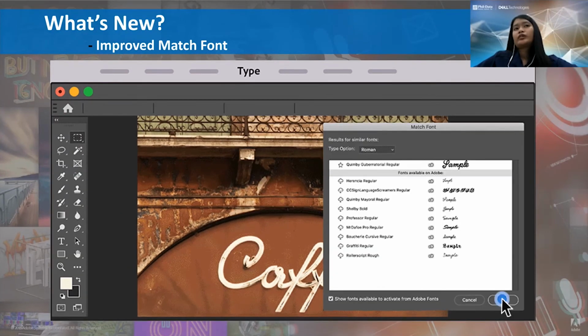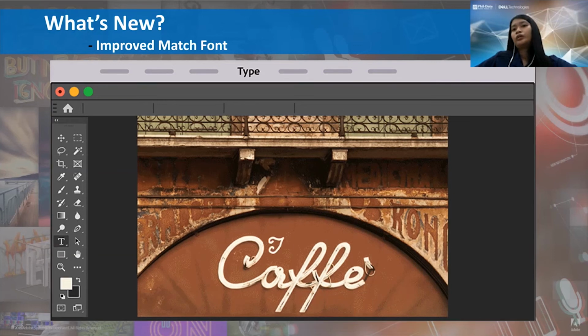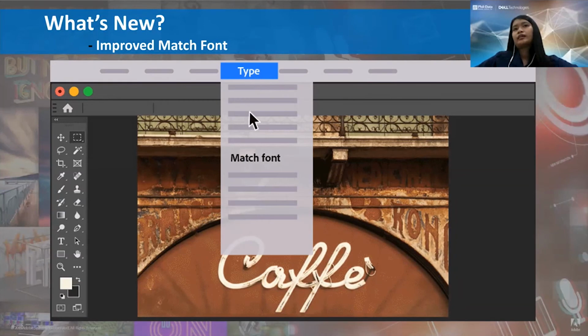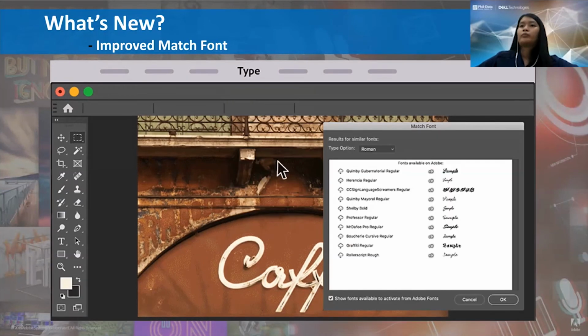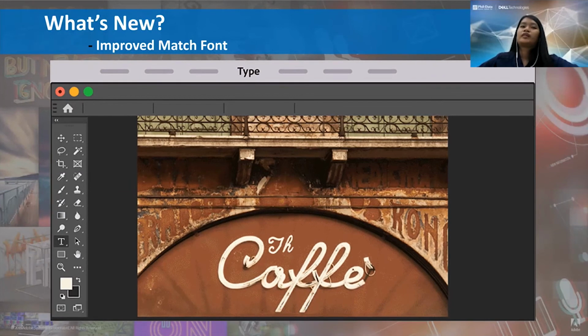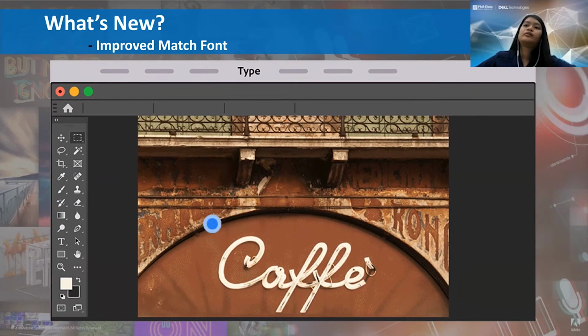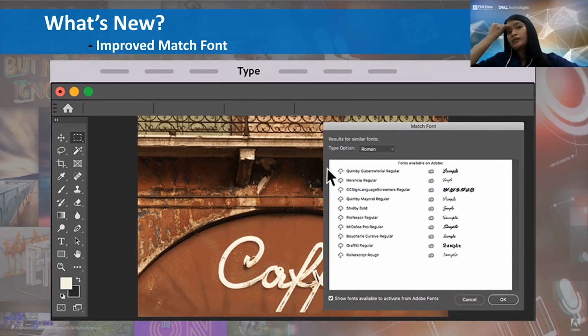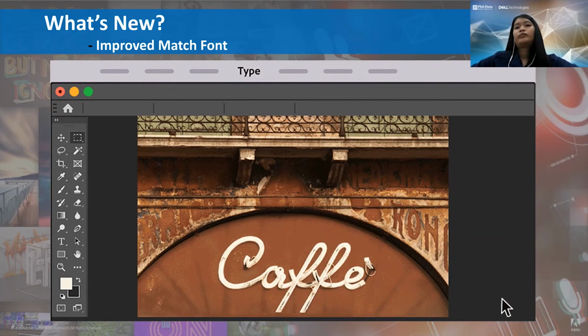You can just use your rectangular marquee tool and select the font, click Type on the tabs and select the Match Font feature, and it will prompt a menu wherein you can see the suggested fonts. If it's not downloaded yet, you can download it and click OK. And if you click text, the font will automatically be the selected font and you will be able to create text that matches the one in the image.